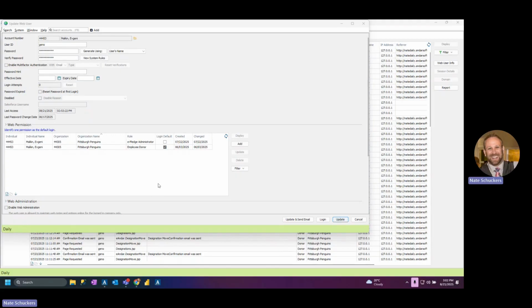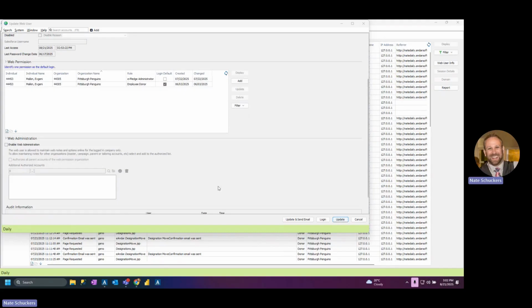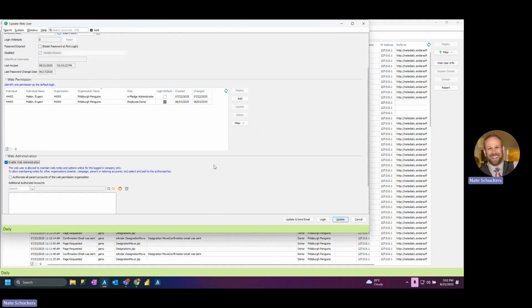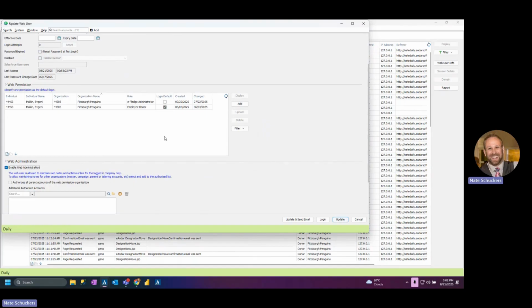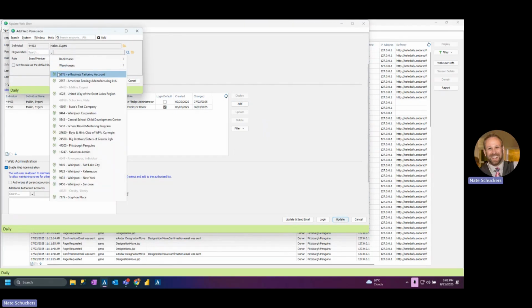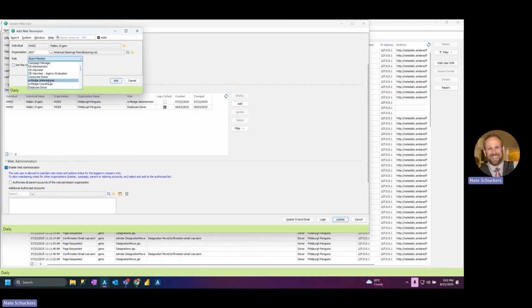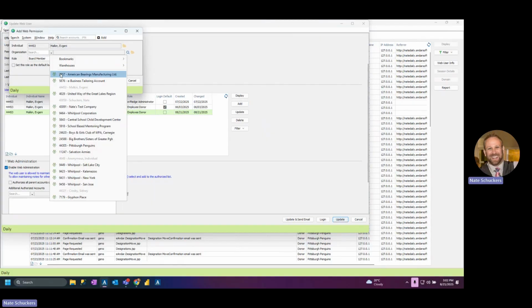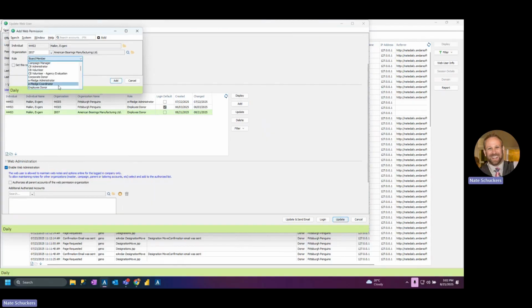So if this person is supposed to manage multiple accounts, what you would do is first enable your web administrator checkbox. So that's the first step. And then the second step would be to add any additional organizations and roles to your top section here, to the web permission. So in that case, this person is supposed to manage maybe American Bearings as the employee donor. And also we want this person to be able to manage the American Bearings ePledge administrator web notes and web